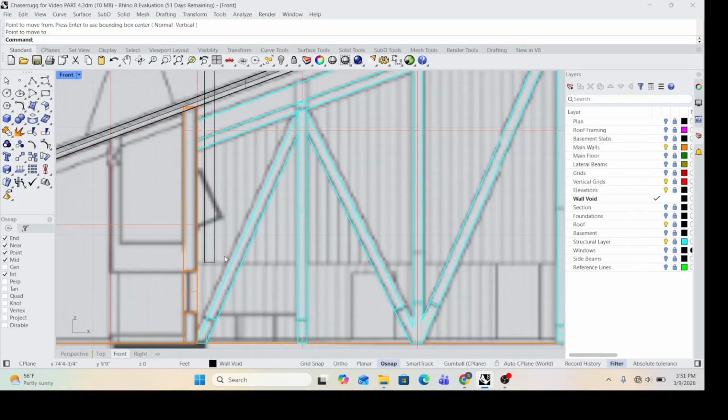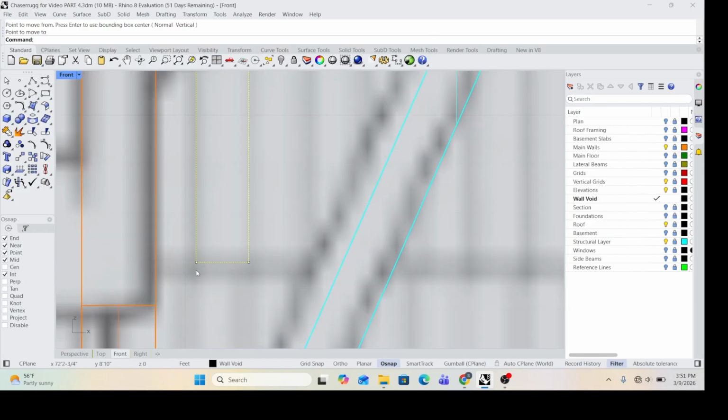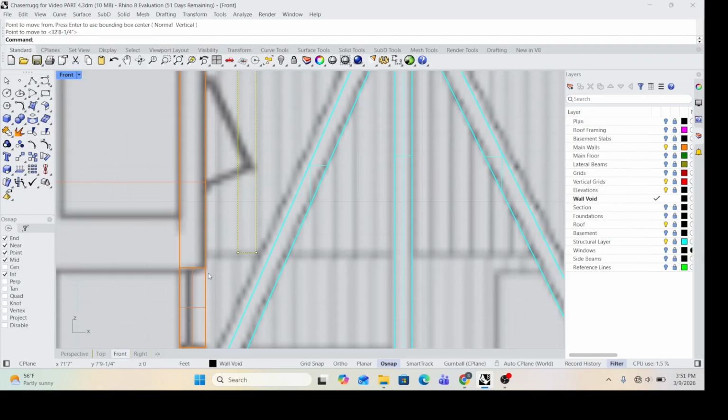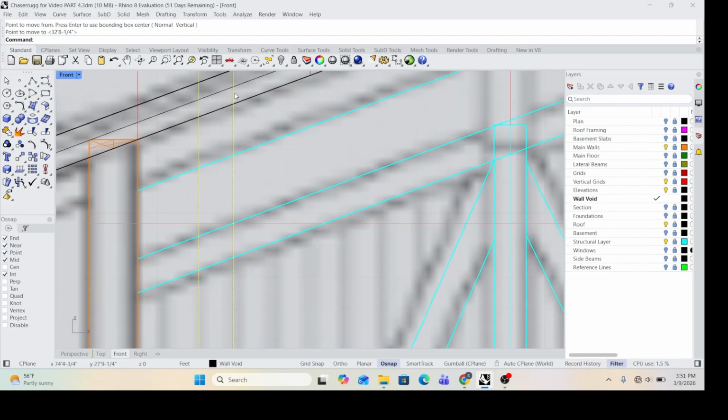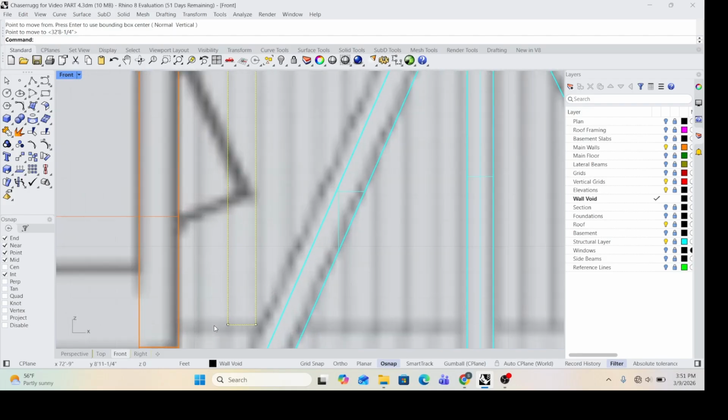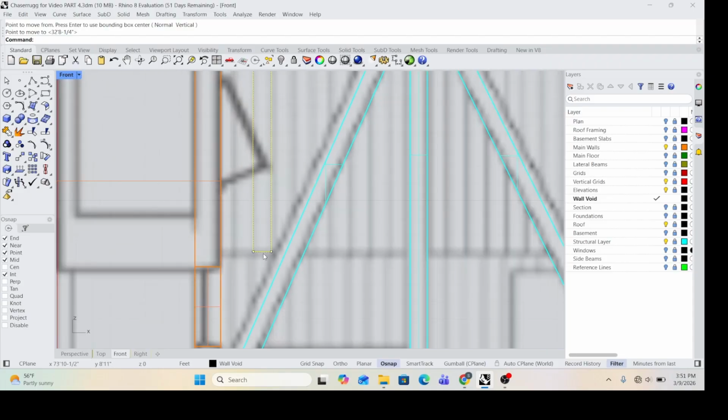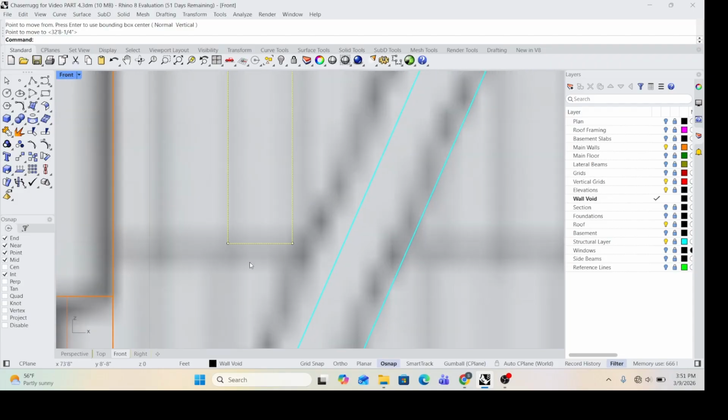Now I'm just going to copy that once. I'm going to say move. I'm going to click this point over to this point. Did I type move instead of copy? Yeah. Alright, so now I'm just going to copy it. Alright, so now I should have two of these,